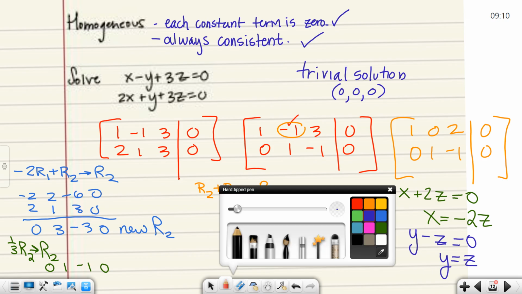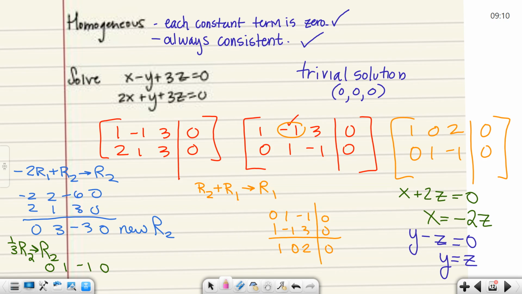Okay, so I'm going to let z be my free variable. So z is going to equal t. That means y is going to equal t. And that means x is going to equal negative 2t. So the answer to this particular one here would be, and we'll move out of your way in just a second,